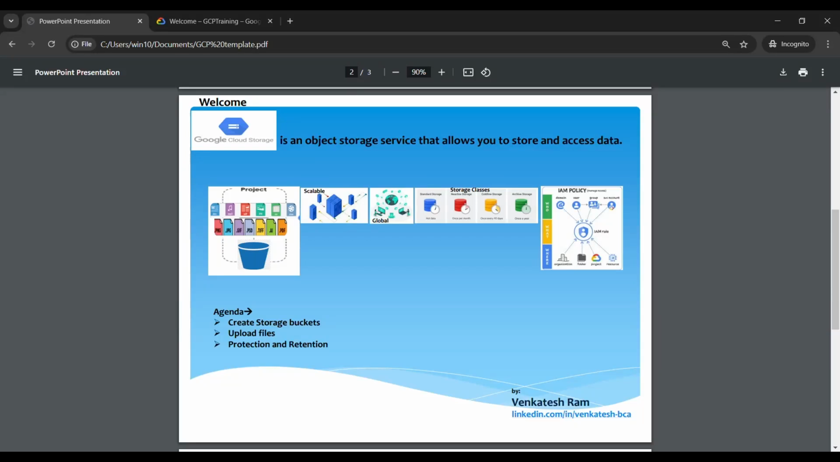Google Cloud Storage is an object storage service that allows you to store and access the data. With the key benefits of scalable storage, you can store petabytes of data with ease of access. And you can access the data from anywhere in the globe. Based on the access frequency, you can choose the right storage classes,